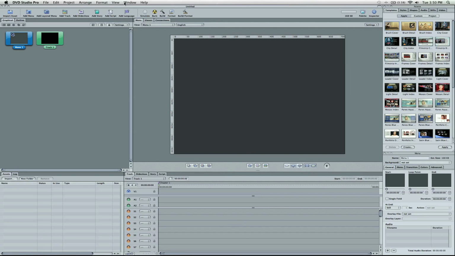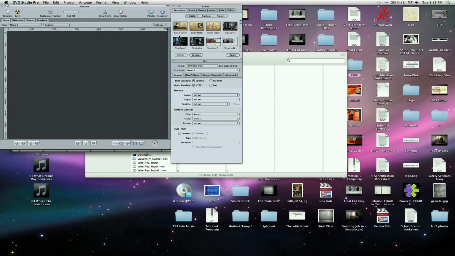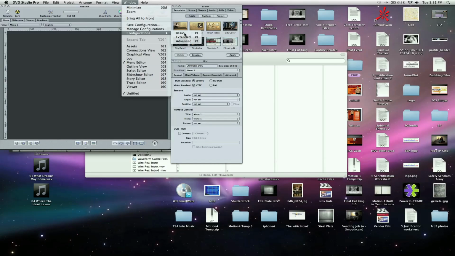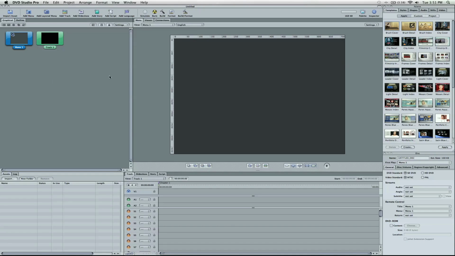And I've got a lot more options. The basic is not the best. Just trust me on this. You want to use the advanced. It's not as complicated. It's actually easier. So go figure. The next thing I need you to do is go to Preferences, and we're going to change